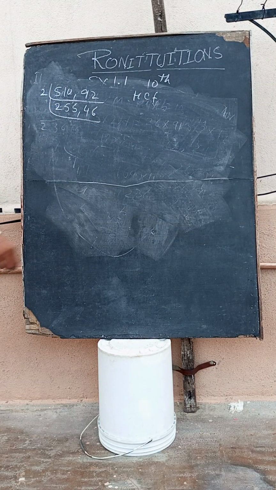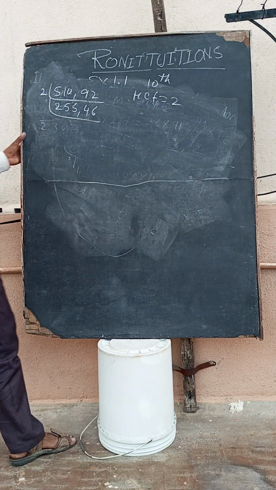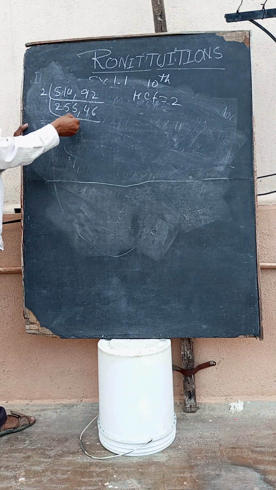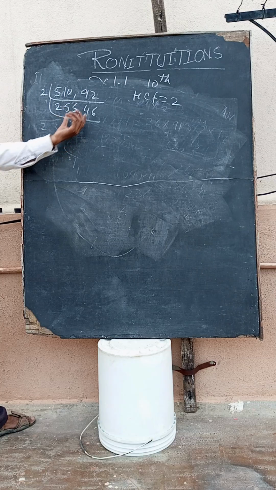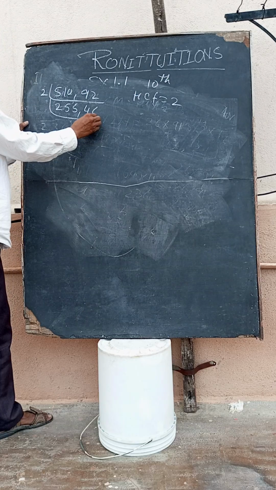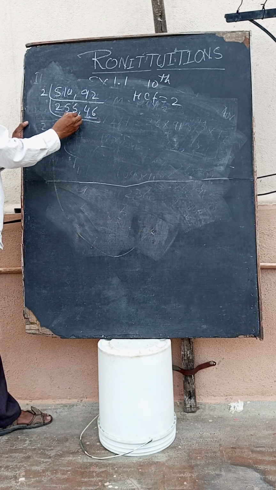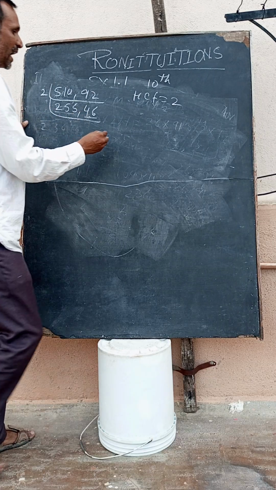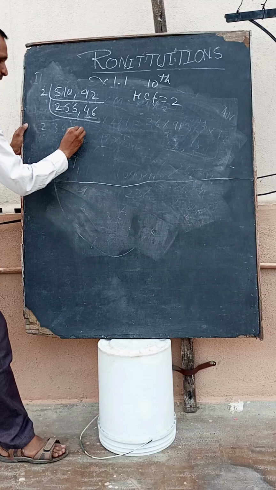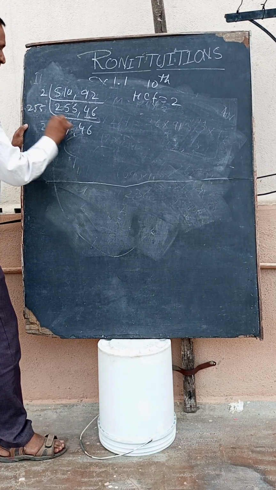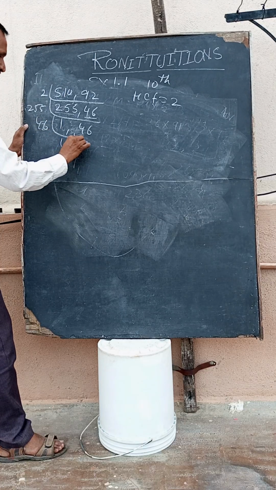So HCF, how much did we get? 2. HCF is equal to 2. Now we are getting the LCM. For the LCM, continue doing the same, and the same numbers will come, because this number is not divisible by the other; this number is divisible by 23. This number is also divisible by a different number, 5 also, like this. So this number only will come. LCM is equal to this number, 255, then 46. Again 46 taken, 1 and 1 taken.